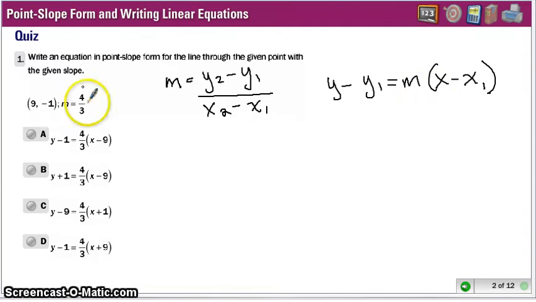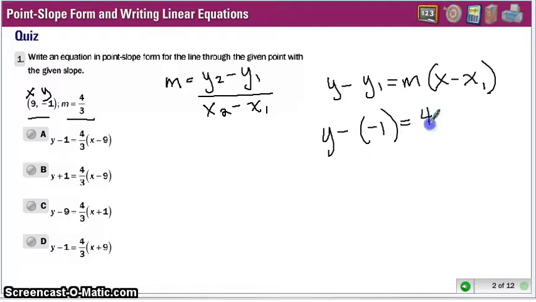Now, for a problem like this one where they gave you a point and they gave you the m value, you don't actually need to use this one. They already gave you the m value. So all you need to do is plug in. Hopefully you remember that your points are written as x comma y, so we are going to plug in our y value for y1, plug in your slope for the m, and then x minus our x value,